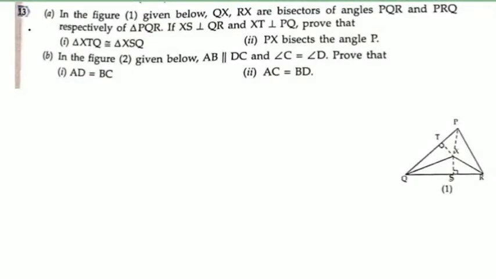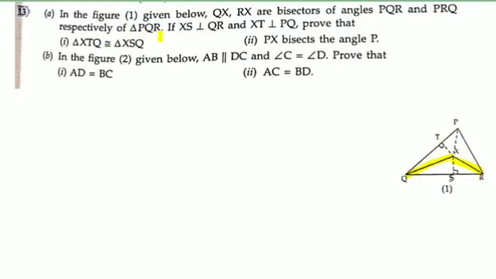Problem number 13a. In Figure 1, given below, QX and RX are bisectors of the angle PQR, this angle, and angle PRQ, this angle,